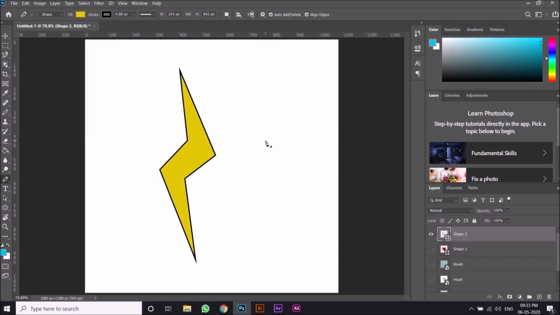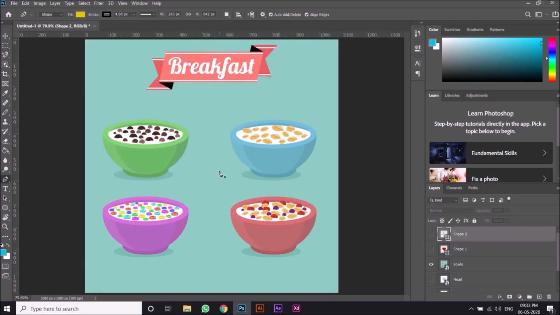This is how people make different shapes using the pen tool, and you can play around with the pen tool in many ways. Now let me show you how we can make selections using the pen tool. Here you can see many bowls available. Let me make a selection of this bowl. Obviously you can make use of the selection tools, but you can even use the pen tool to make certain selections or to fill colors, or there are many other uses you'll be learning ahead in the tutorials coming up.